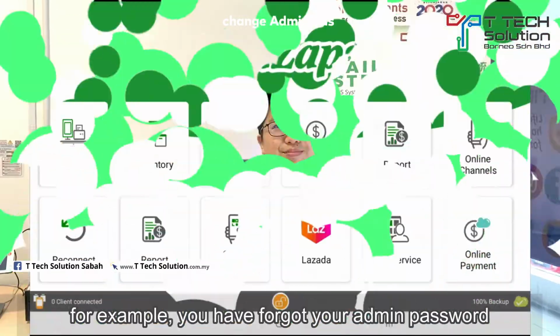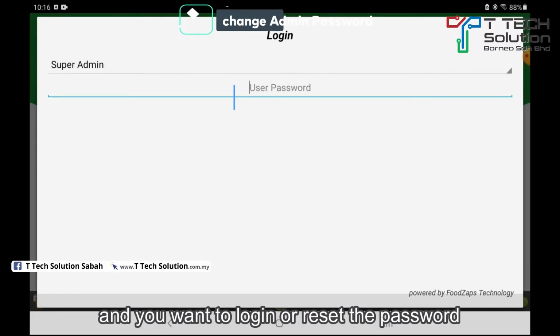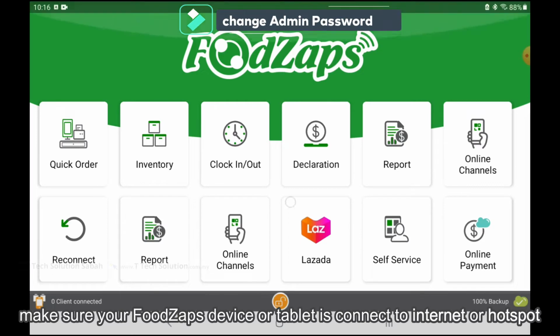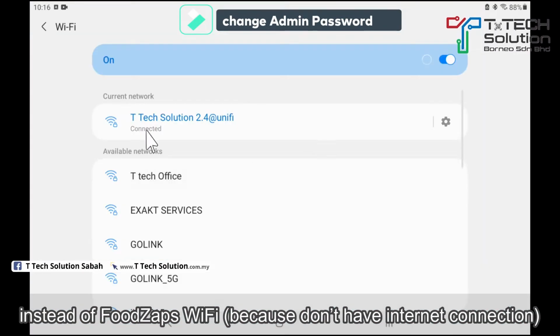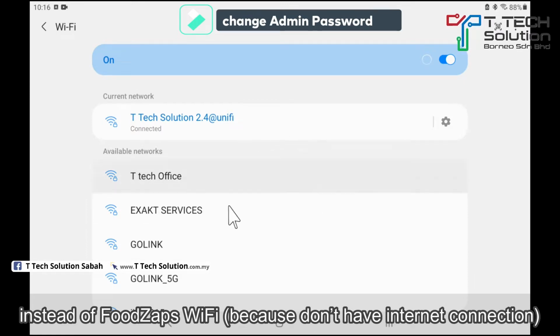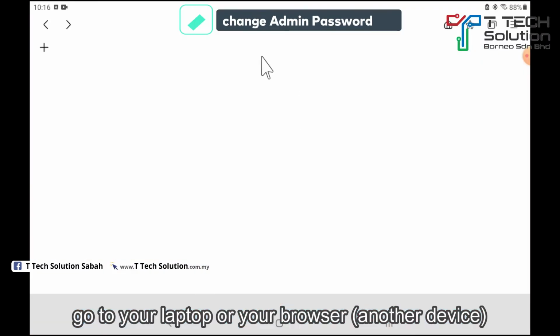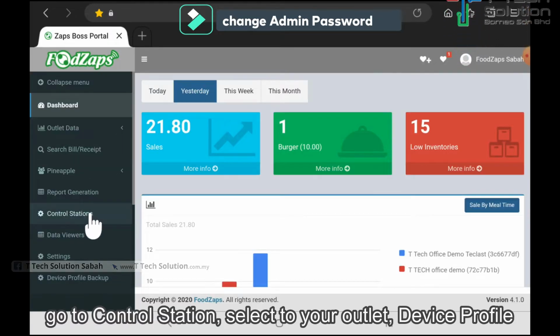Okay, let's say for example you have forgotten your admin password and you want to log in. First, make sure that your tablet is connected to the internet. Make sure your Wi-Fi is connected to the internet instead of FoodZaps Wi-Fi. Then go to your laptop or your browser, log in to the Aboss, go to the control station,